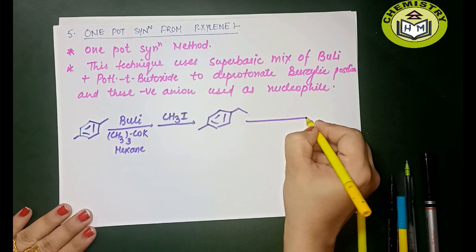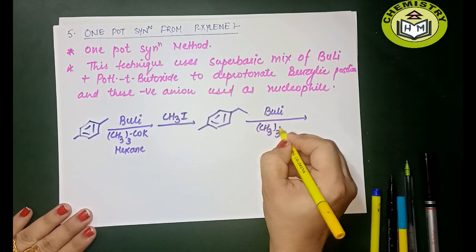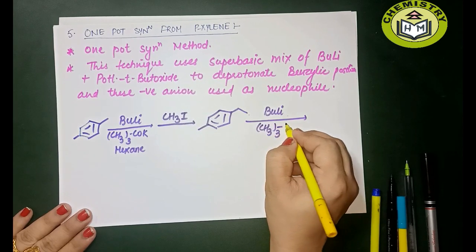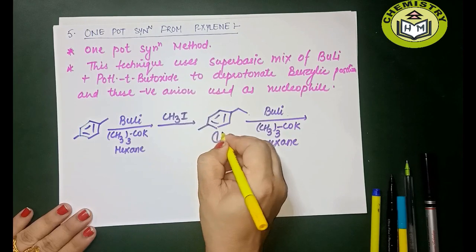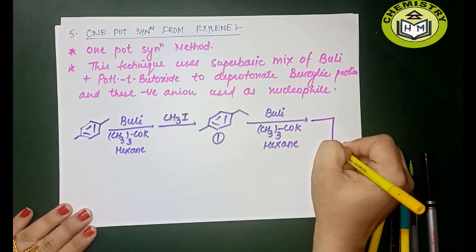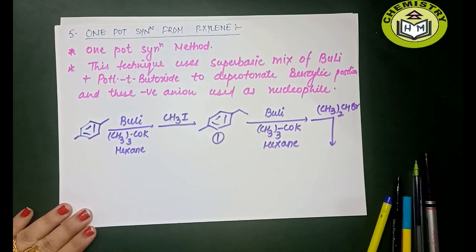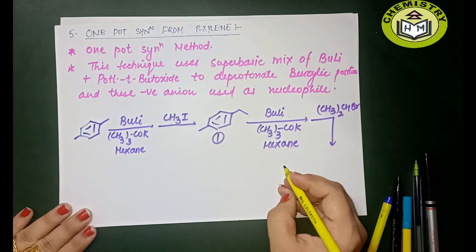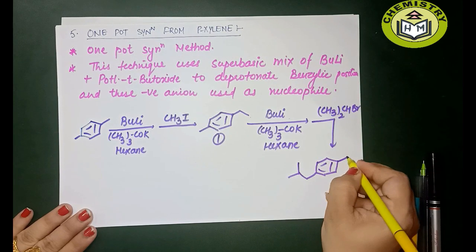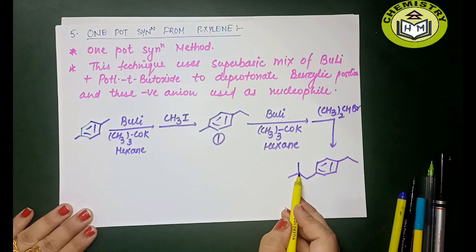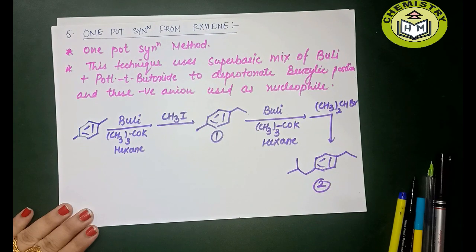Now again you have to take the same reagent, as it is one pot synthesis and butyl lithium and this reagent are taken in excess. That's why again it reacts with product number 1, and then again you have to do the reaction with CH3CHBr, then we are getting this kind of product, okay. Now we are getting methyl groups at this position, right. Now we are getting product number 2.